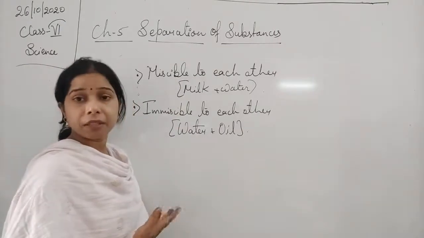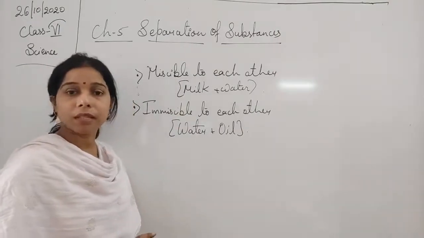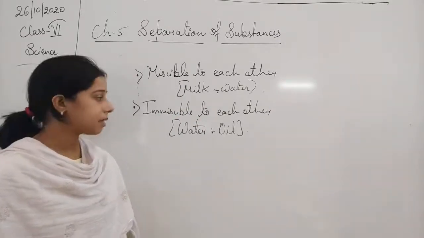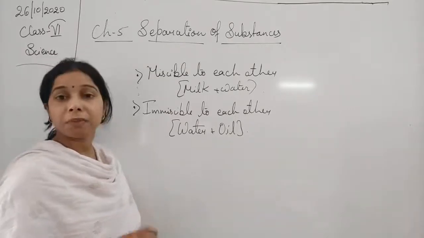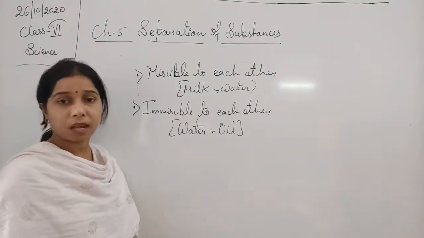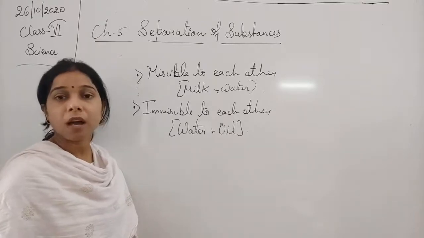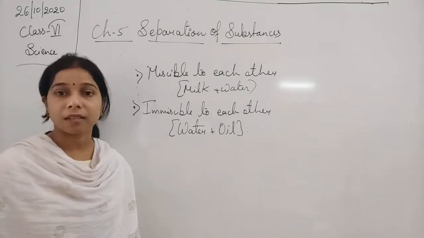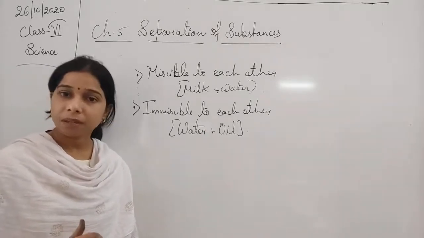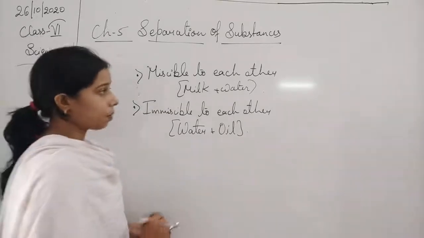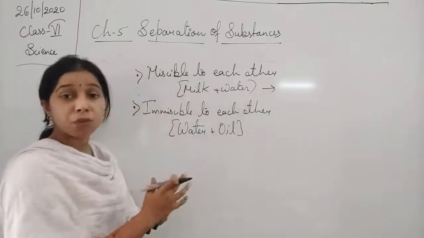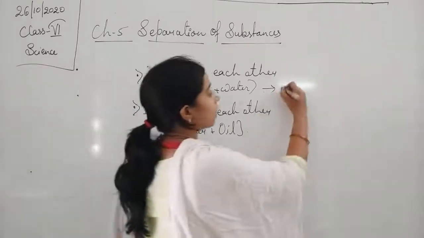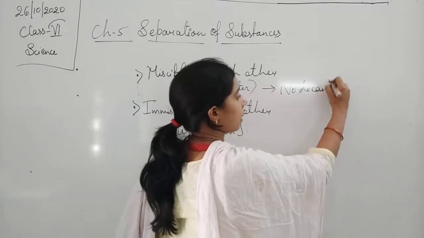What is the difference between these two? In the first one, milk gets easily mixed with water, and in the second, water does not get mixed with oil. So one gets easily mixed and another does not, and that is why we use the two terms: miscible and immiscible liquid. Since they are mixed together, we are not able to see two layers, no layer formation occurs, so no decantation process can occur here.